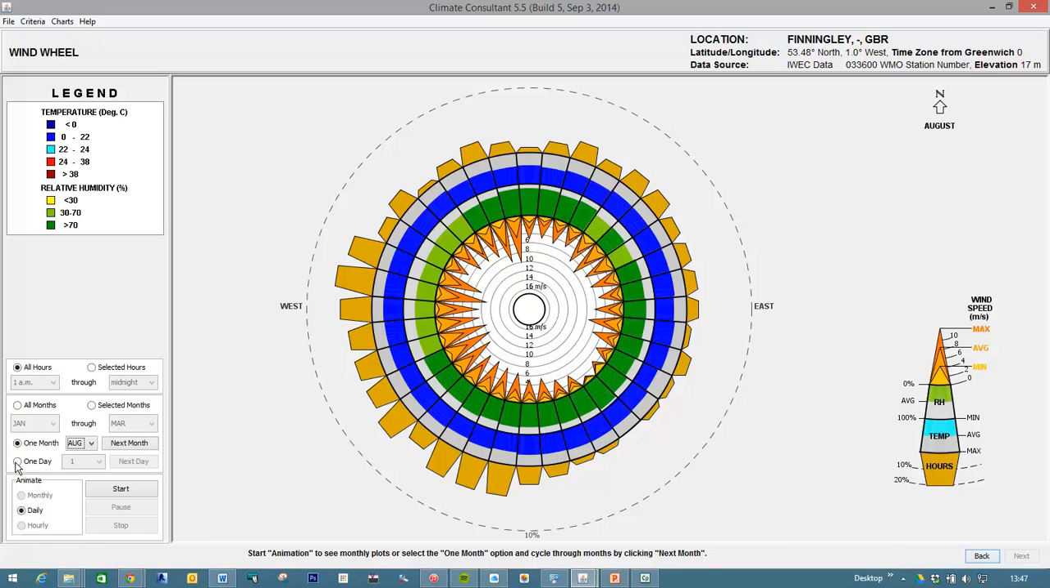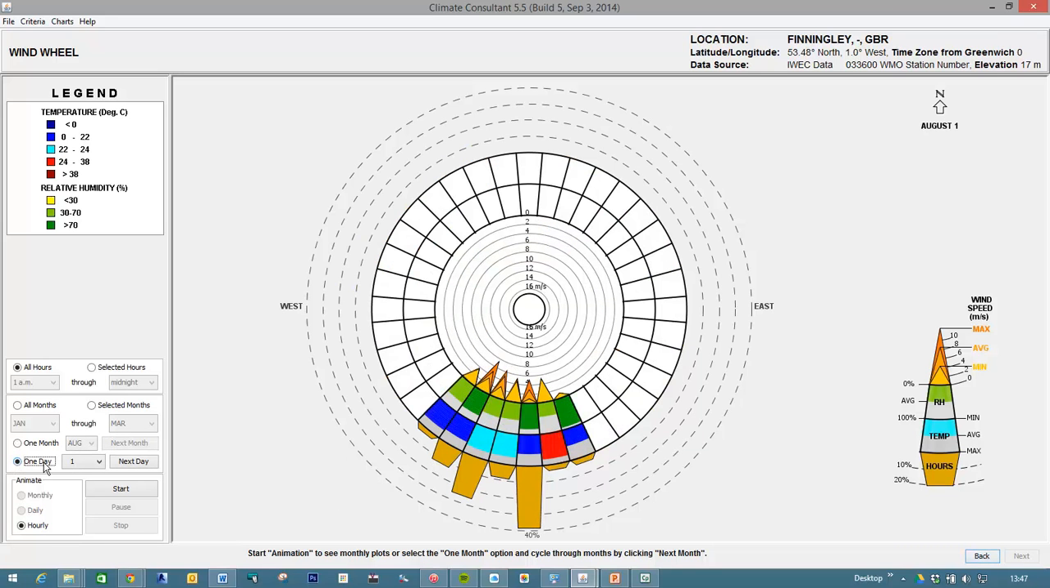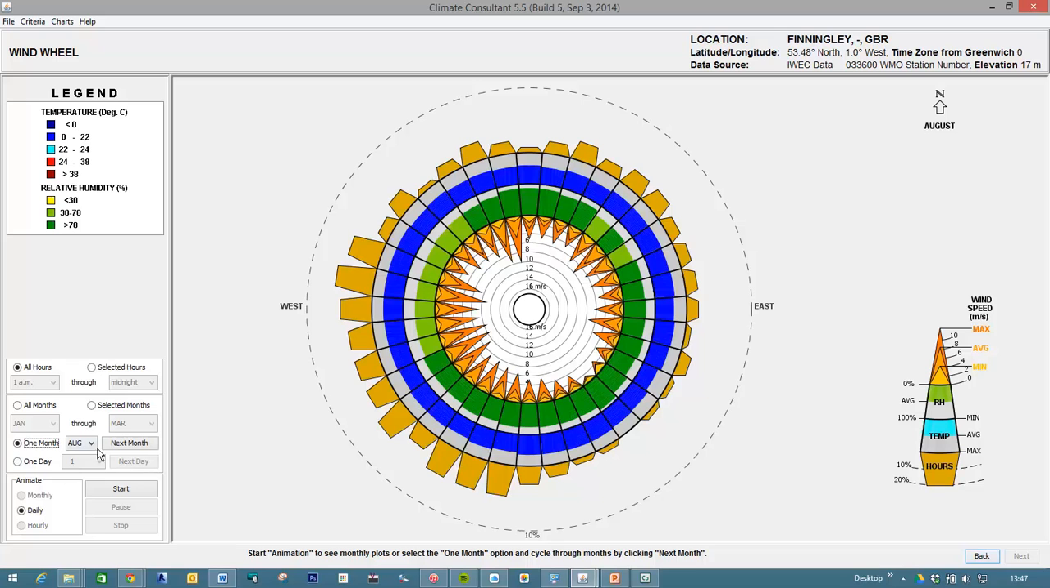Yeah. You can look at one day in particular, but I'm not really sure how useful that is, because we can't design for the wind on a daily basis. So yeah, I wouldn't suggest using that. But I think using the month can be useful, or specifying certain